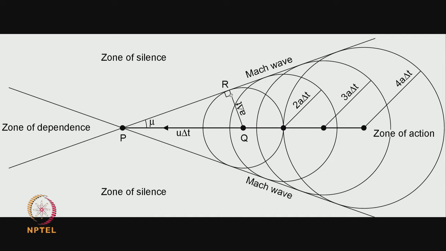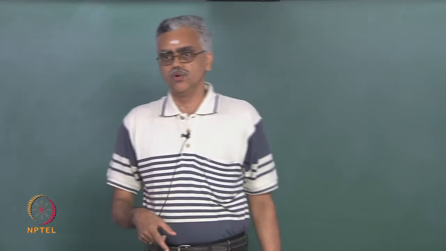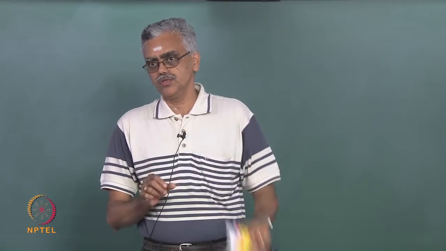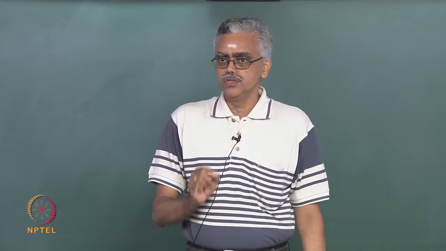We have already made use of that in evaluating the Mach angle. So the spherical wavefront expands this way with velocity equal to a. That means the Mach wave is the surface of the cone, so the velocity component normal to the surface of the cone is equal to the speed of sound a,